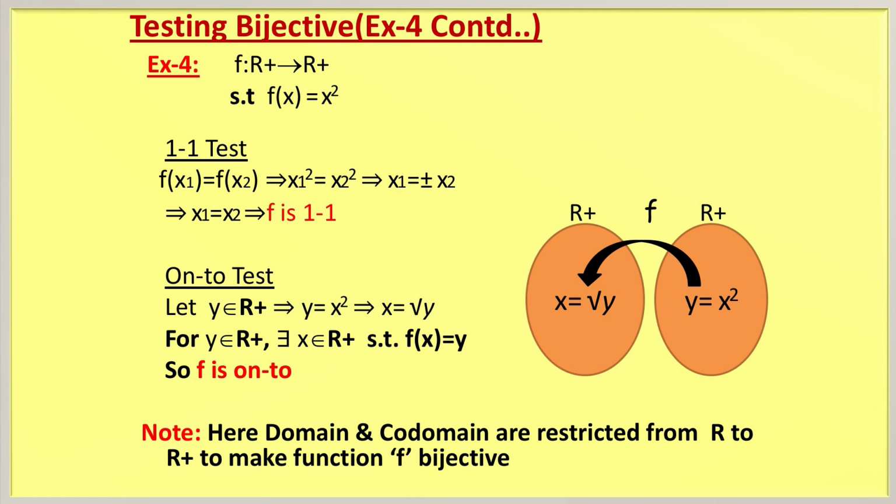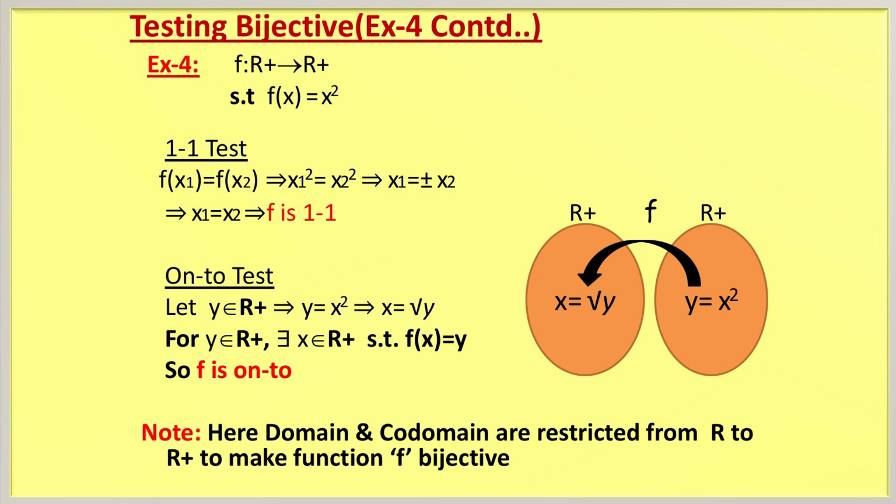You see, when we are showing a function is many-one or into, you just need one example, but for showing a function is one-one or onto, you have to prove this. For one-one we have to take f(x1) is equal to f(x2) and you will show x1 is equal to x2, or else you will take x1 not equal to x2 and you will show f(x1) not equal to f(x2). For onto, if f is a function from X to Y, you have to take any element of Y and show that you will get an element small x belongs to capital X, such that f(x) is equal to y.